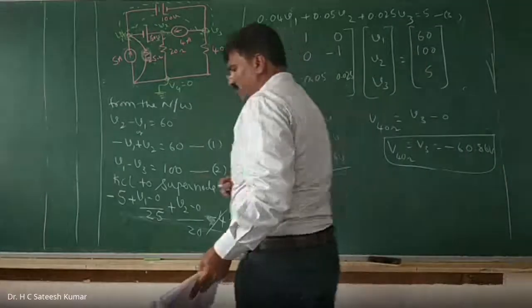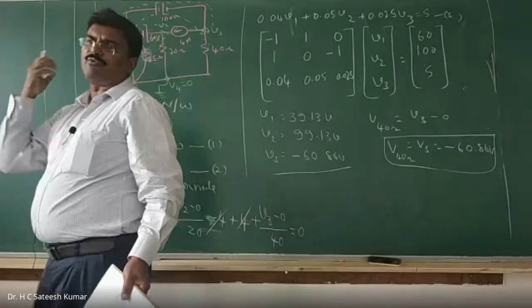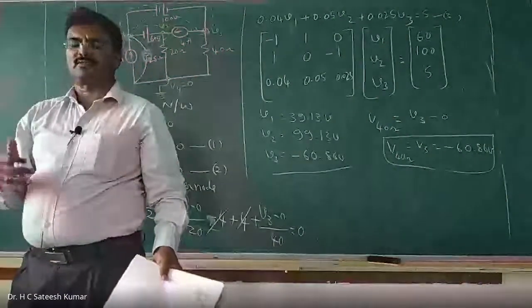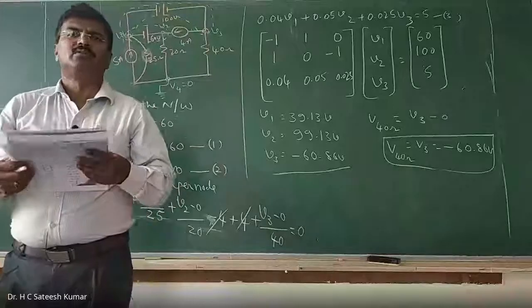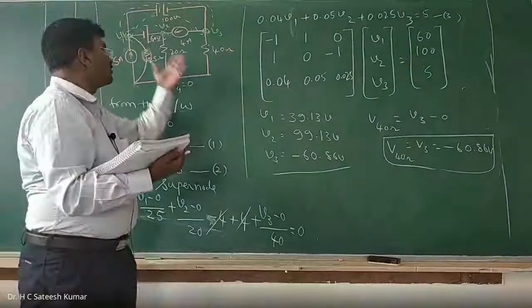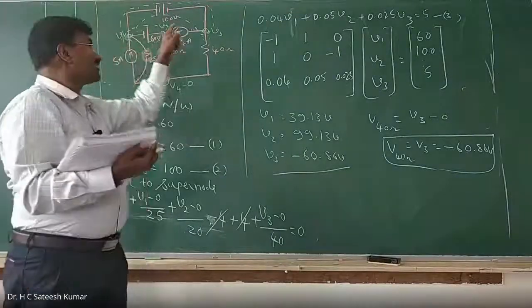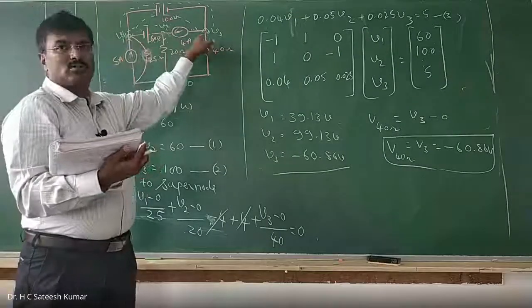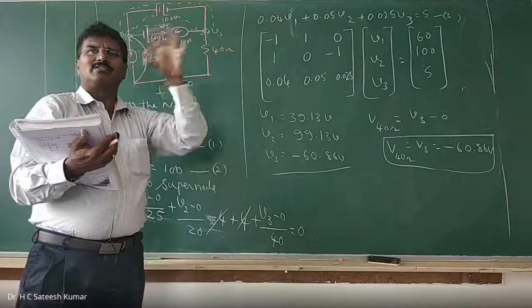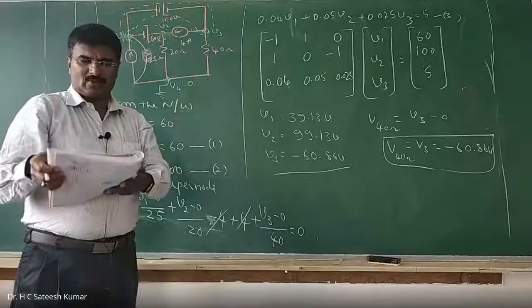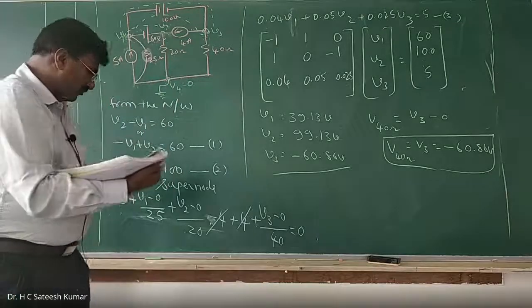Still, if you are not understanding, go through the video twice or thrice. Then you may get the confidence in that. Still, I do many more problems. So you may be confused with figures or how you are applying. Because 2 supernodes, 3 supernodes are there. So combining together, 3 principal nodes combined together, we have made a single node. That's the reason. See, this becomes one of the standard problems I have seen in the examination. One more problem I do, just check it out.